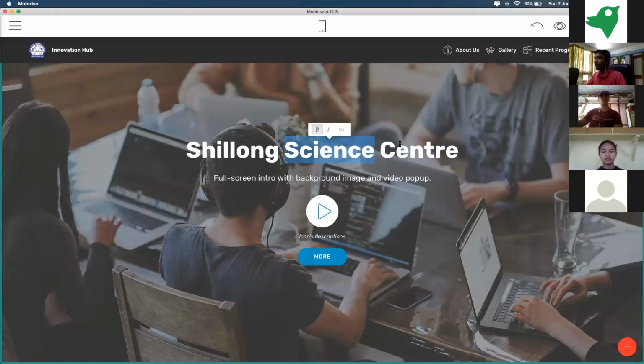So in design hierarchy, there is one rule that says that the heading should be bigger than the subtitle, so that people can focus on the heading first rather than focusing on the subtitle first. That is why we make the heading text bigger than the subtitle text. Okay, so the subtitle we're going to use,